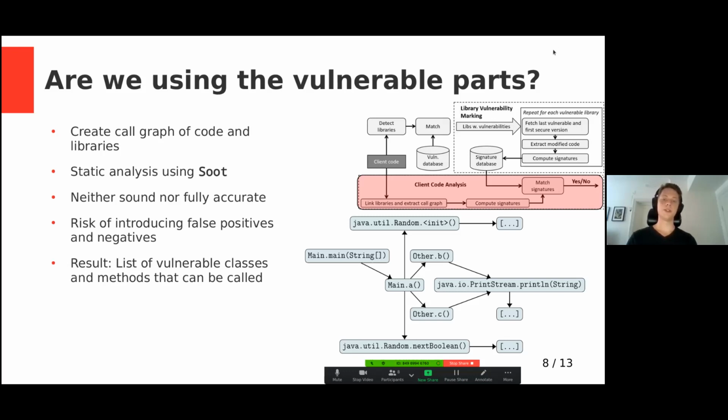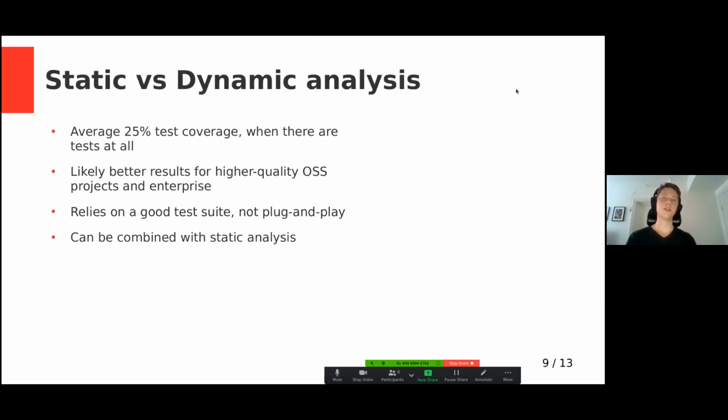We produce our call graph using static analysis. That is to say, we compile the program, but we do not run it. We could use dynamic analysis instead by running the program. But that means we need a suite to run it over. For example, the tests. However, we found that when tests exist at all for our dataset, they don't have that great coverage. When there even were tests, the average test coverage was 25%, meaning you will have a lot of missing edges. Now, for a higher quality open source project or an enterprise project or a project where you know you have a good test suite or other suite to run on,